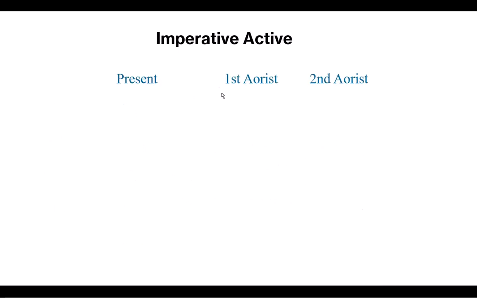Let's take a look at the imperative active forms. We're going to look at present, first aorist, and second aorist. Actually, the perfect does have some imperatives. There are a total of 5 in the New Testament, so it's not really worth looking at them in a lot of detail here. So the active forms here,